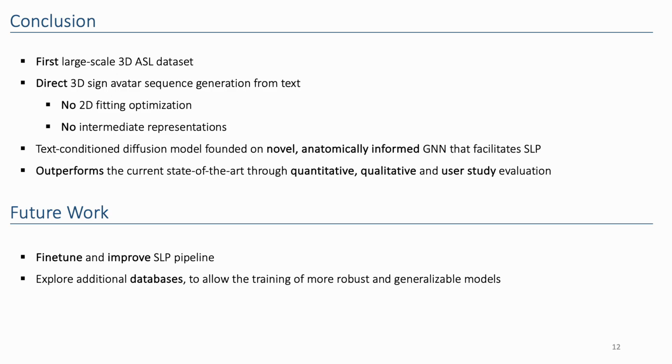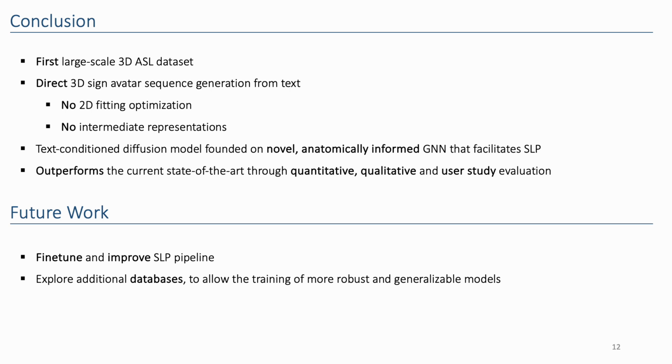Neural 3D sign language production is an important challenge that aims to aid the deaf and hard of hearing community and can effectively increase their inclusion in any social environment. In this work, we made a step towards high-fidelity 3D SLP by deriving a large-scale 3D dataset to train a text-conditioned diffusion-based model. We initially introduced a precise 3D sign language reconstruction pipeline that outperforms previous sign language reconstruction methods. Then, we trained a motion generation model using an autoregressive diffusion model.